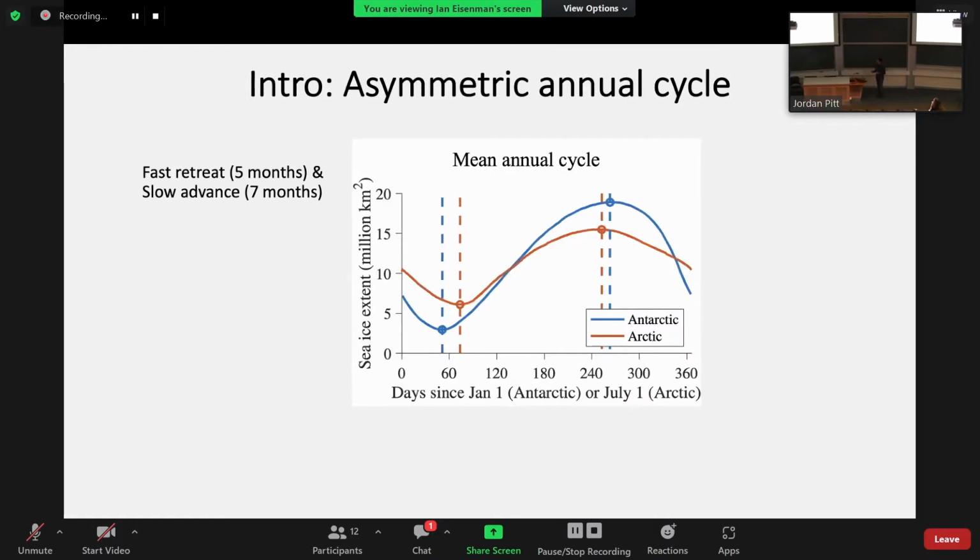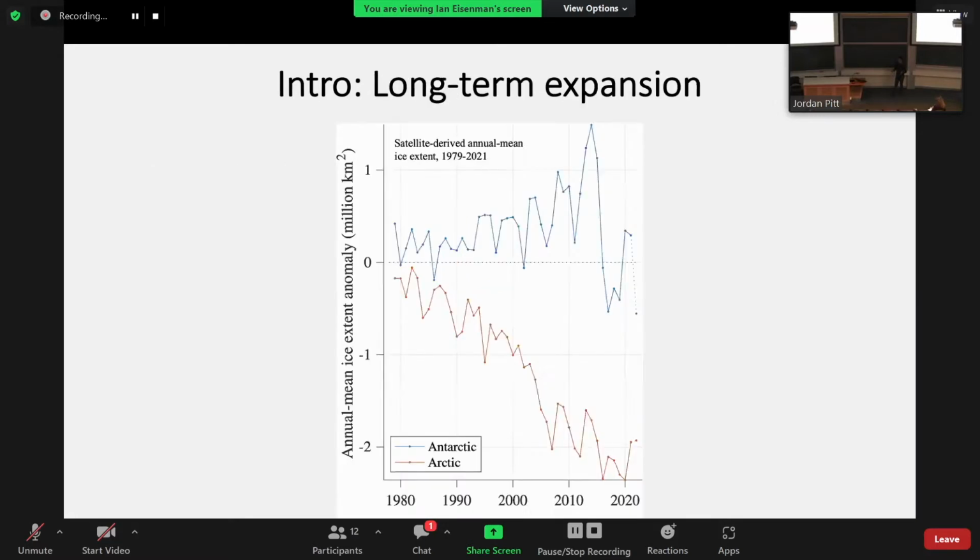And so the focus of the first part of this talk is this asymmetry. Why is the seasonal cycle in Antarctic sea ice extent so asymmetric, with a slow, long advance and then a rapid retreat? And then turning to the longer term behavior, if you look at the annual mean sea ice